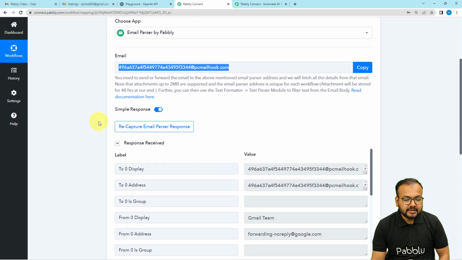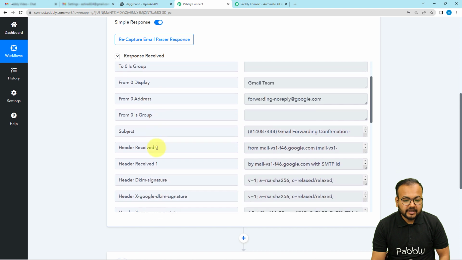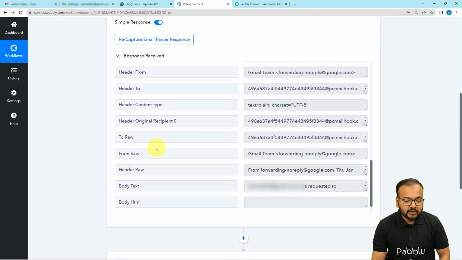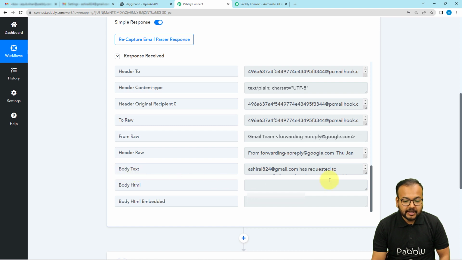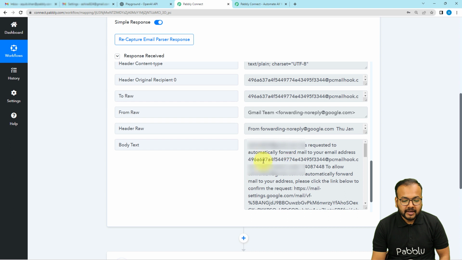Here you can see guys, in this response section, we got this data. So here it has sent us a test email, and in this test email, when you scroll down here, you will find this body text label. In the body text label, you will see this kind of email, and under this email guys, you will find this confirmation code as well. So you just have to copy this confirmation code